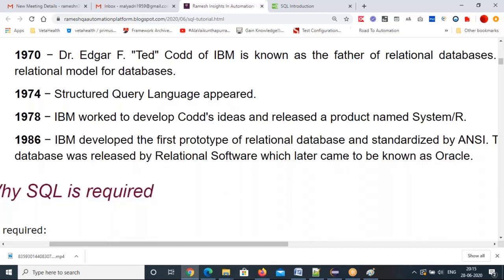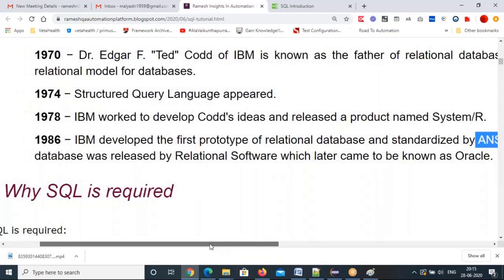Everybody has to use one standard language, and that is SQL, organized and standardized by ANSI, one of the institutes that maintains these standards. So the conclusion is that everybody has to use SQL for any database they develop. Even different companies developing their own databases must follow the SQL language.